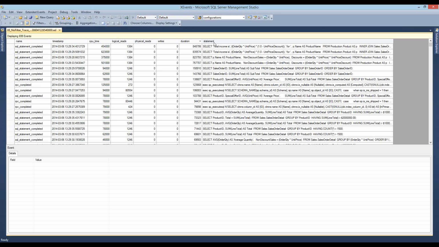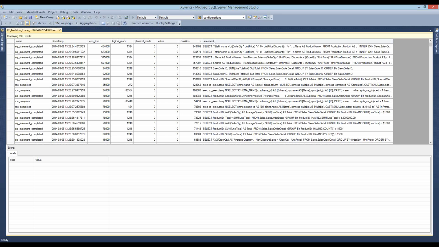Yeah, we have a few questions here. One of the questions is the Profiler Trace has a GUI feature, and they want to know if extended events has the GUI feature too. That's what we're getting to. Another question: extended events is instance-wide. Can they use a filter to limit the scope to a specific database? Yes, you can. I'll show you how to do that.